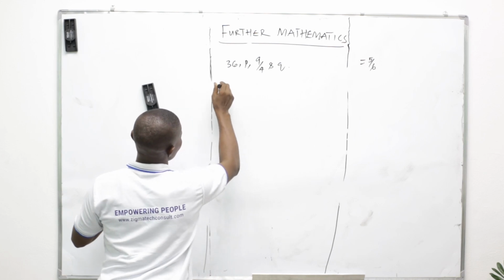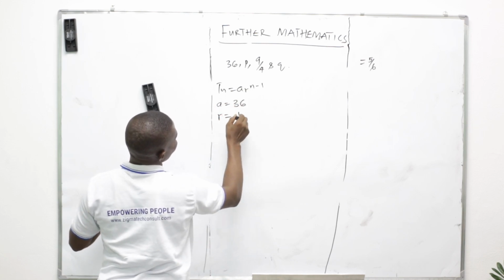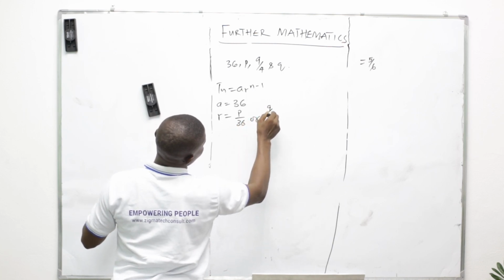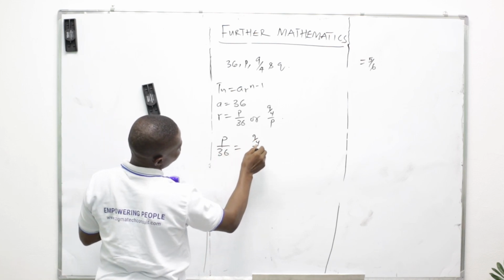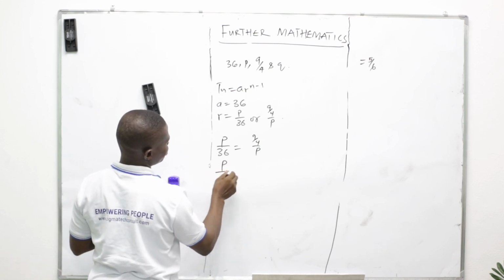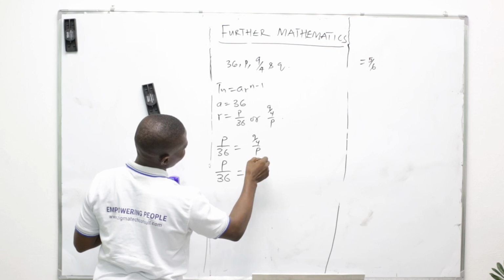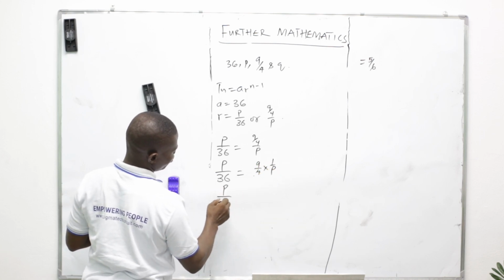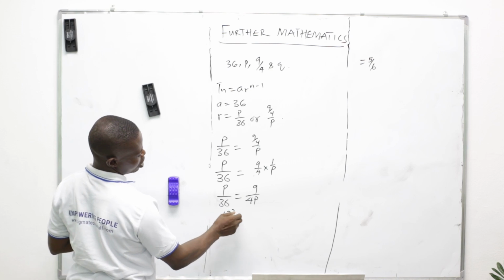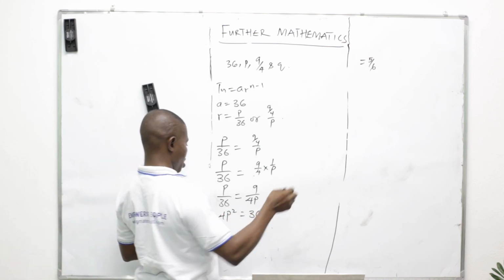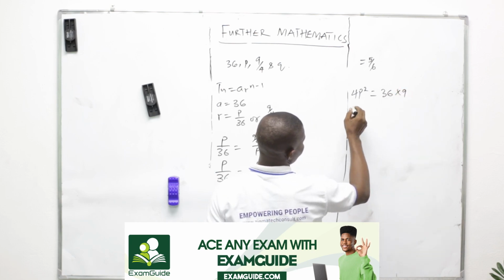The general formula is Tn equals A R to the n minus 1, where A is the first term, which is 36, and R equals P over 36, or 9 over 4 over P. This means P over 36 equals 9 over 4 over P. So P over 36 equals 9 over 4P, so that 4P squared equals 36 times 9. Dividing through by 4,